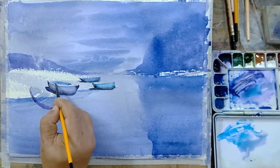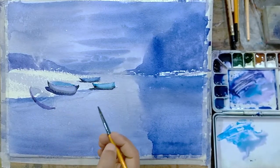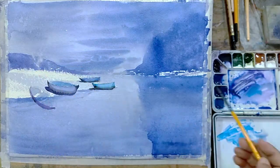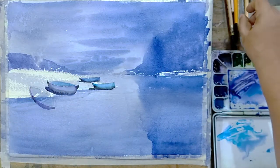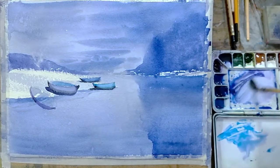The inner portion of this boat. Okay, here this is not important, we are not seeing it. Okay, let us now think of what we have to make on this. So this looks to be some kind of a bush or something, so I just wanted to see if that feel can be enhanced. So I am taking